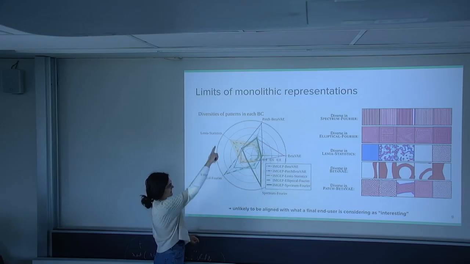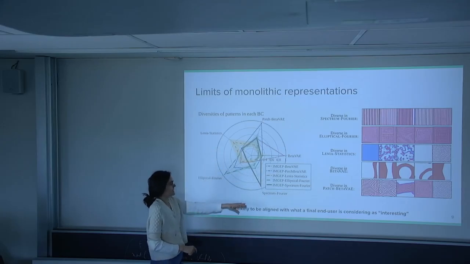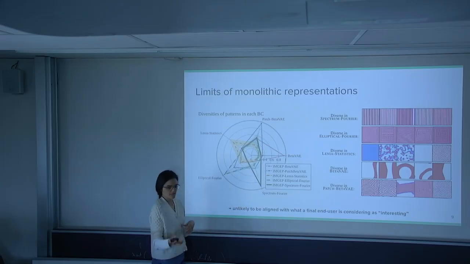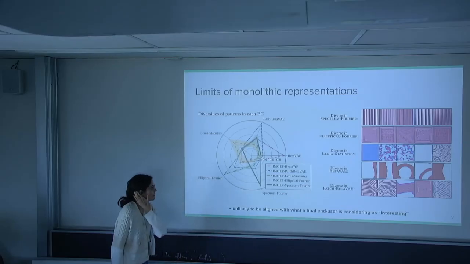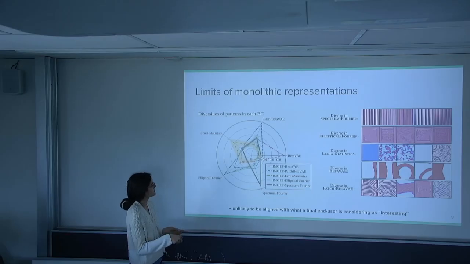And that's what we are showing here. You can see the diversity measured in different spaces. Some of the spaces are hand-defined, some are learned, even learned online, but we would still have this kind of result.